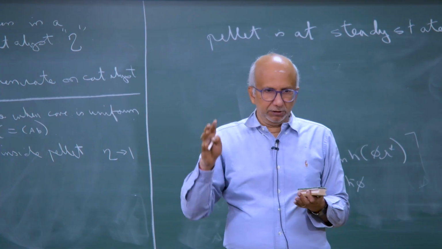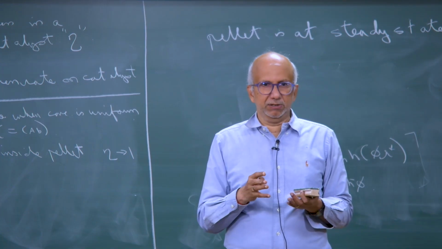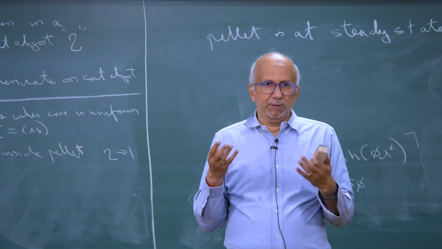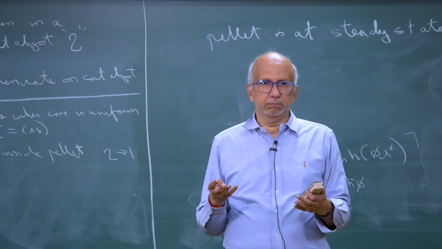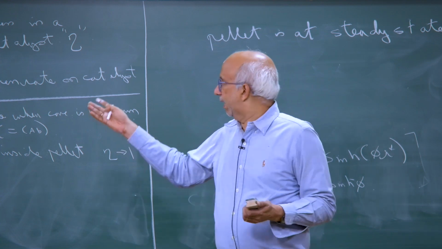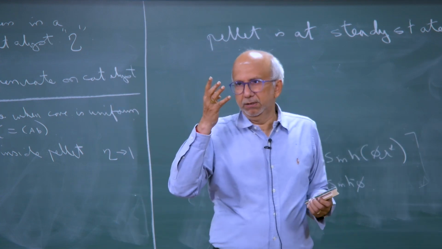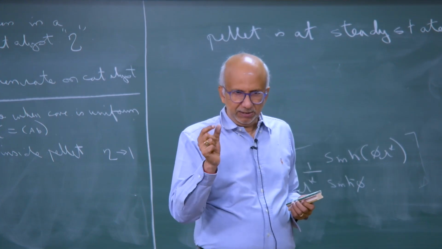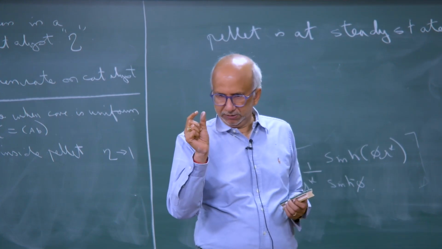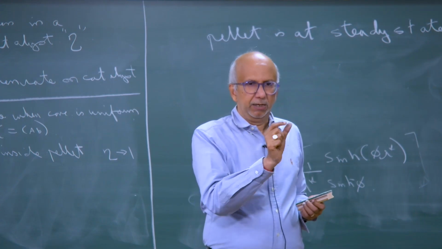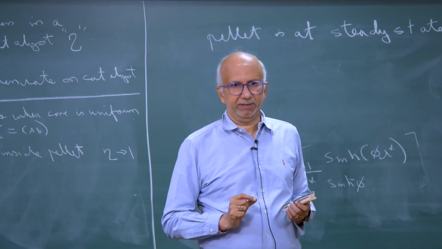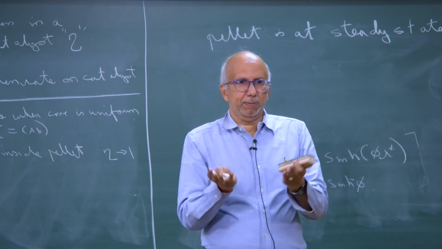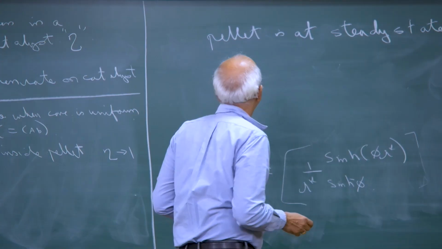If I can find the flux of the concentration across the surface coming into the pellet, that must be equal to the amount that is being reacted, because of the balance you had: the second order derivative equals reaction rate. It is telling you that whatever is diffusive flux is being consumed by the reaction at steady state. Now, instead of looking at a thin shell, I am looking at the entire pellet. So, what I am saying is,